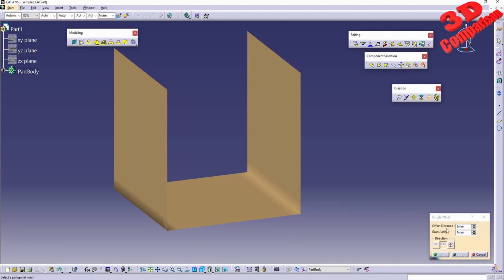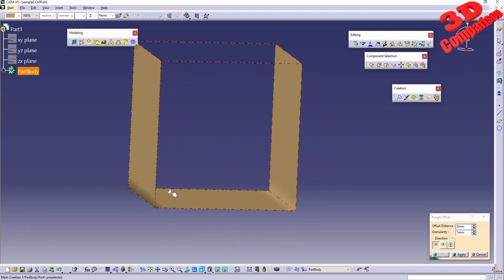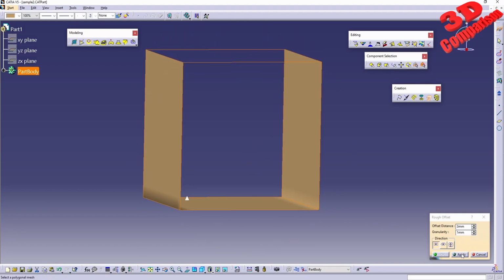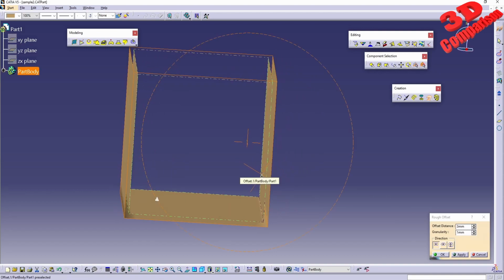For example, if I use an offset of 3 millimeters, we can select the direction over here, which will be one side. And afterwards, we're going to select the mesh. We're going to have a white arrow appearing that will indicate the direction of the offset. If, for example, I click apply with an offset of 3, we're going to see that within the interior, we're going to have that newly defined surface, and we're going to keep that 3 millimeter from the